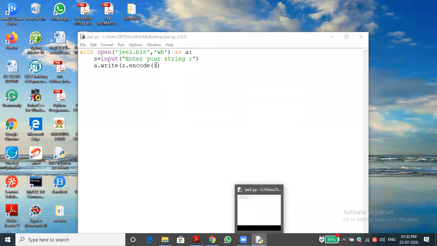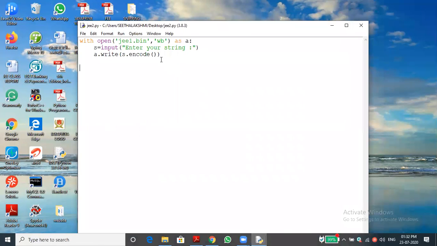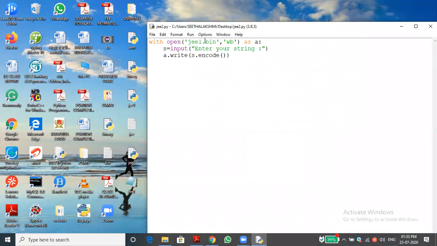Okay, sir. This file and all, did you paste it from the Python file onto the desktop, sir? I didn't paste it. I'm creating it in front of you only now. For example, I'm opening je3. You are thinking I'm pasting from somewhere. No, we created all this just now.